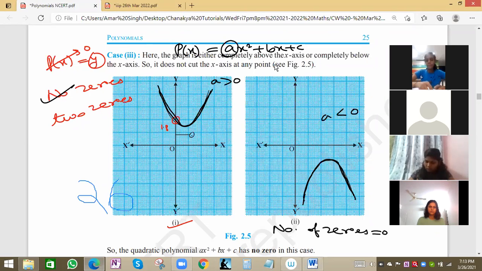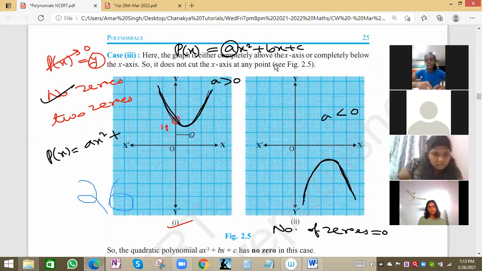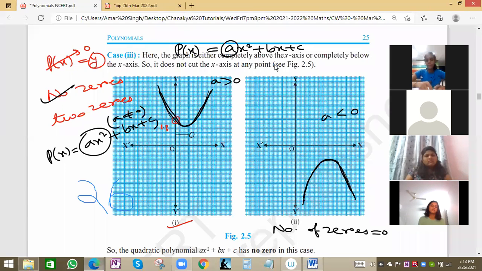One last question. Suppose you want to find the equation of this graph. We will not solve it, because in the last session we have seen it, but still, one more time, the same question. For a quadratic polynomial, for a parabola, we can write p(x) as ax square plus bx plus c, where a is not equal to 0. This is the condition, because if a is 0, the first term will be 0 and only the linear term bx plus c will remain. So the graph will not remain quadratic or a parabola, it will be linear, a straight line. That's why I put the condition a not equal to 0.